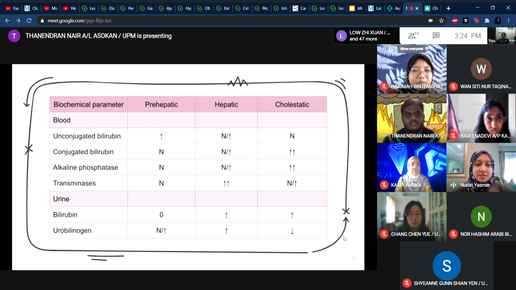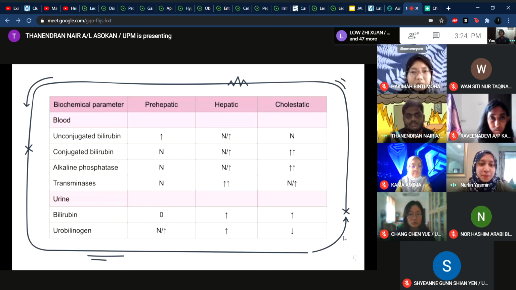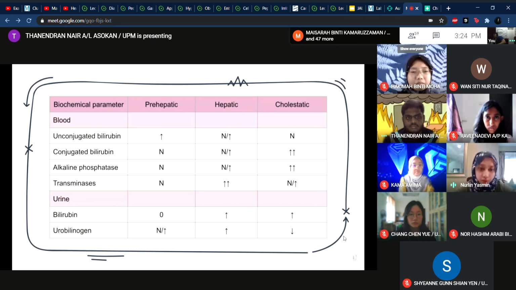Okay, so here is the summary table for biochemical parameters for prehepatic, hepatic, and cholestatic jaundice. So in blood, we can see unconjugated bilirubin increase in prehepatic and hepatic jaundice, while conjugated bilirubin may increase in hepatic and cholestatic jaundice. For the alkaline phosphatase, which is the ALP, usually it increases in hepatic and more in